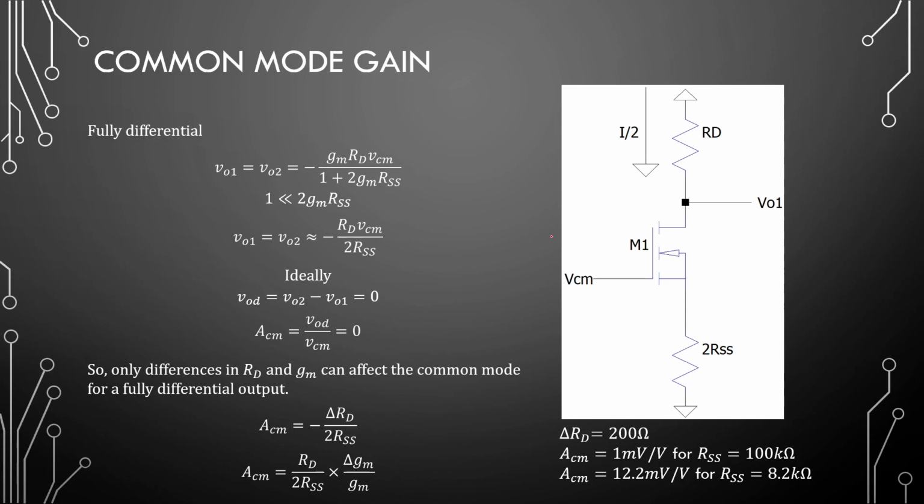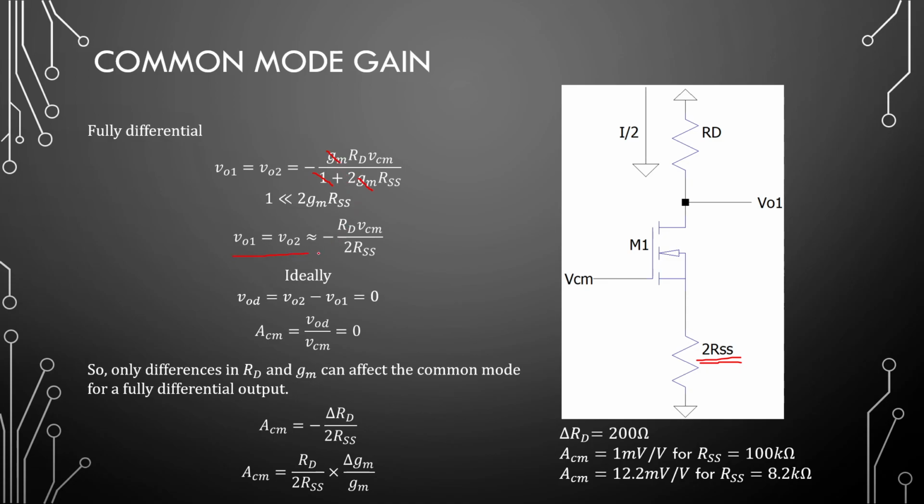That is a typical equation we had with degeneration. Now, this 2 times gm RSS is most of the time much greater than 1 for these differential amplifiers, especially since this is in the kilo ohm range and the transconductance is purely millis. The answer will always be much greater than 1. Okay, so if this is much greater than 1, the 1 can disappear from here, the transconductances will cancel, and